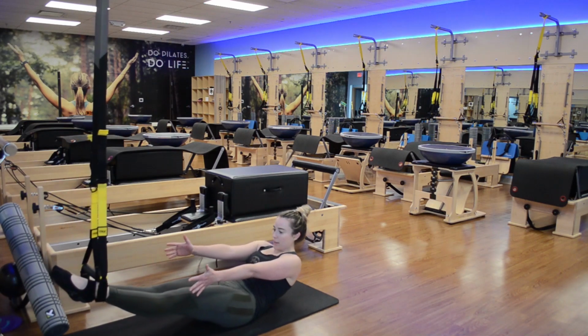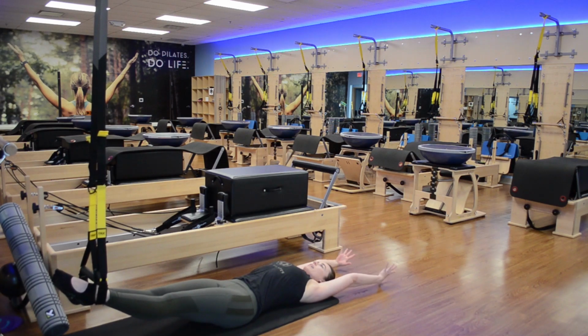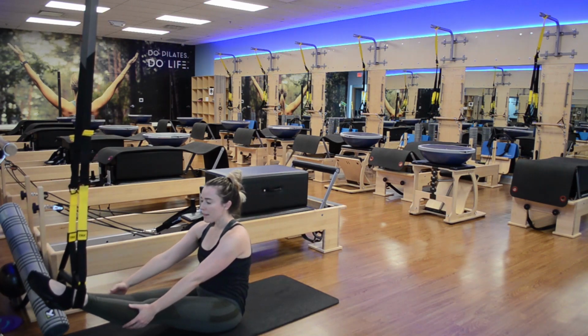Roll down one bone at a time. Stretch those arms behind you. And exhale, C curve it up. All right,